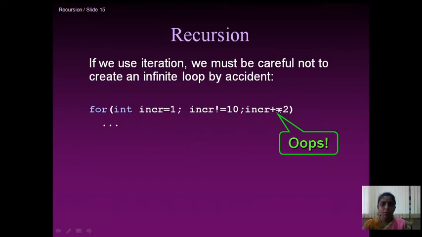Again control comes back to the increment part. Here the previous value is 7, and 7 plus 2 is 9. 9 is not equal to 10. The condition is true, so again the set of statements will execute. Control comes to the increment part. The previous value is 9, and 9 plus 2 is 11. 11 is not equal to 10. Again the set of statements is executed, and again control goes to the increment part.